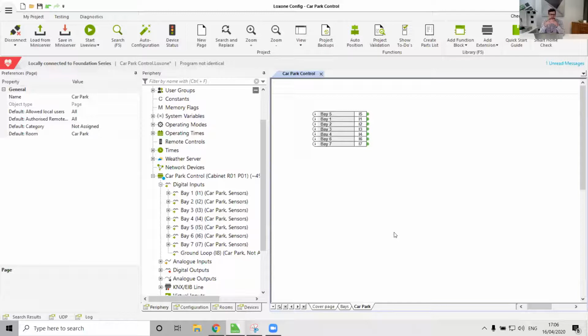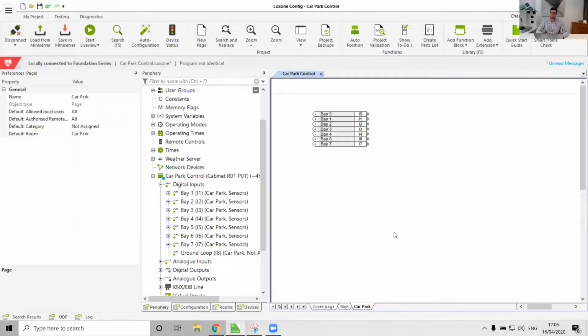I then thought, okay, well, what about an AND block? Because that gives me up to 4 inputs. Halves my number of function blocks, but it's still a load of function blocks. So I was thinking, is there one single function block that I could put all of the inputs into in one fell swoop? And when I had one of the emails sent in to me of somebody else's config file,